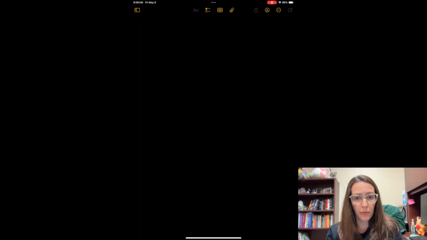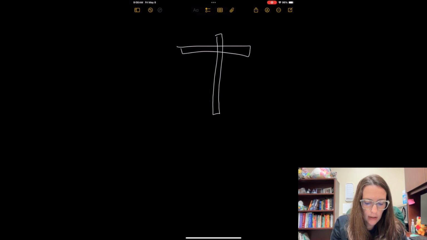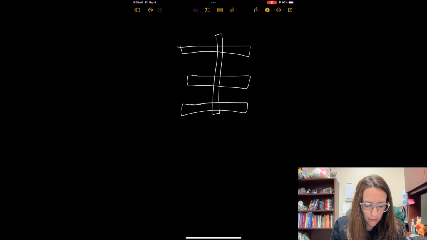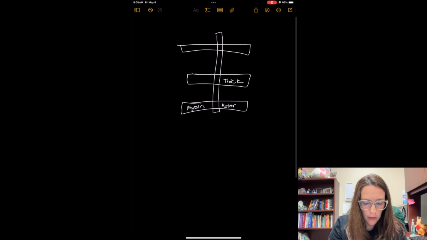Today, we already got briefly introduced to what the sarcomere is, but I wanted to break down the different aspects of it before we talk about the physiology of each aspect. So, for the sarcomere, remember that in the center we have thick filaments. And these thick filaments are comprised of myosin, that motor protein. And then straddling these, we have thin filaments,